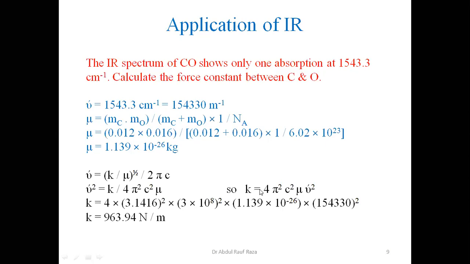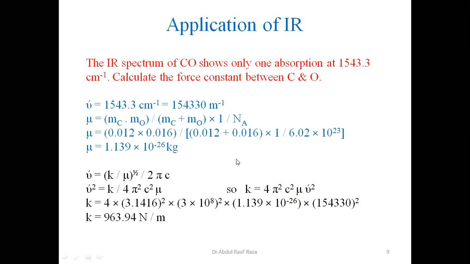The force constant we can calculate from 4 pi square c square. All these are constants. Reduced mass is a constant value for one specific bond. For carbon oxygen this is different. For carbon sulfur this is different. For carbon nitrogen this is different. For nitrogen oxygen this is different. So for all bonds the reduced mass shall be different. And the wave number is coming from the IR spectrum. I shall show the IR spectrum in the next slide, how it looks like. But before that, you can see this is a protocol.